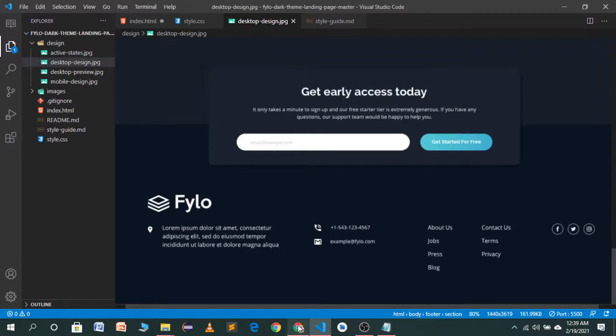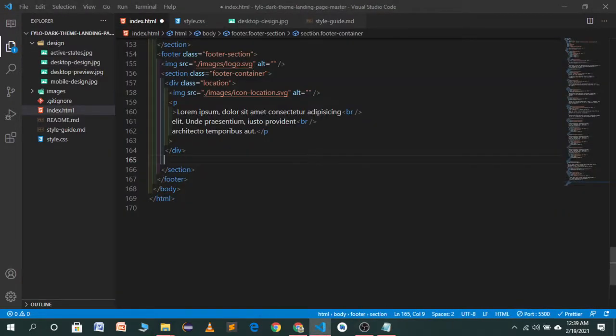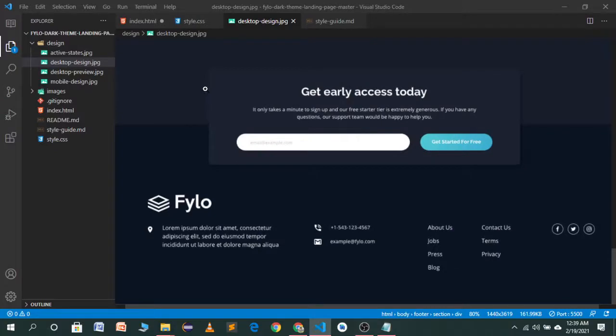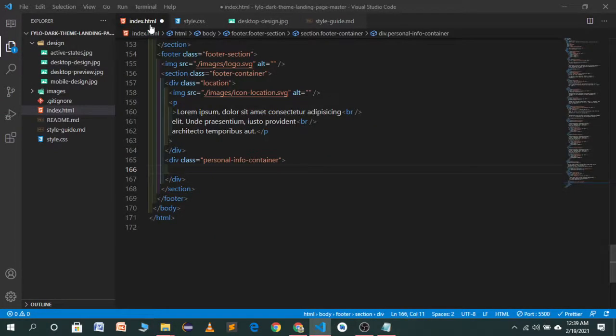So we can say it a personal info container. I think it will be a good name, dot personal dash info dash container, which will have more containers which will contain number and our email.